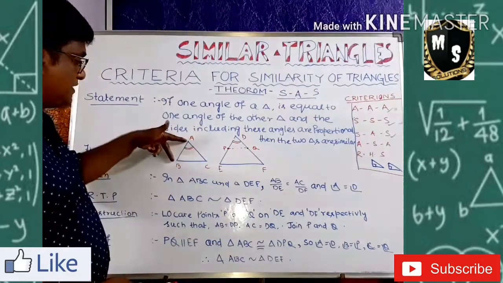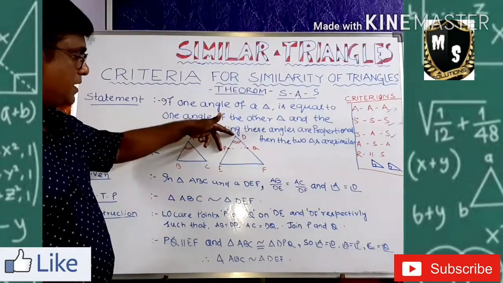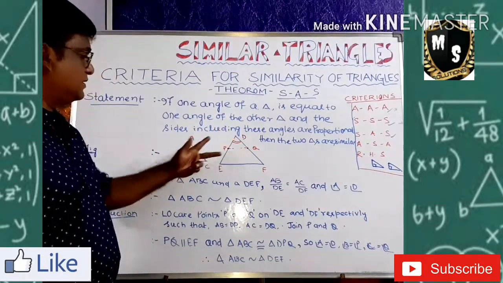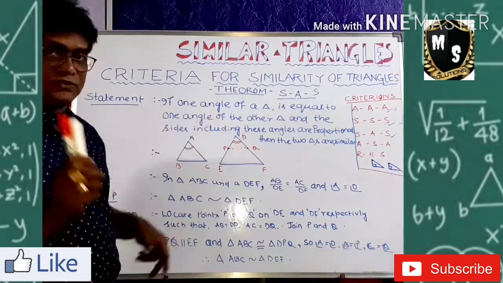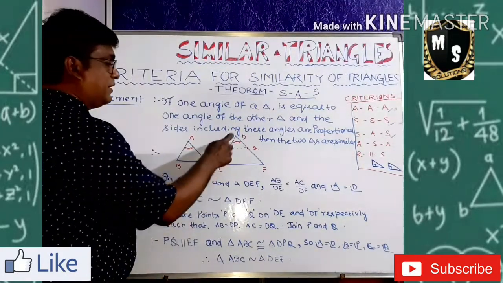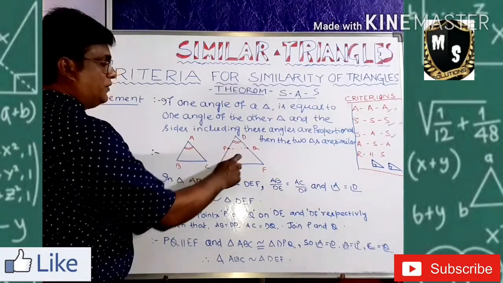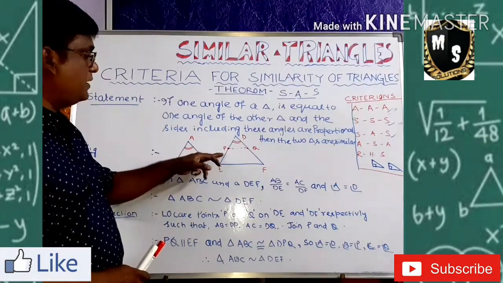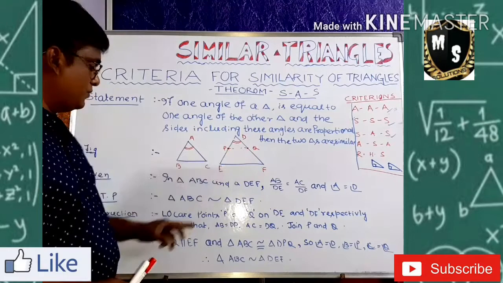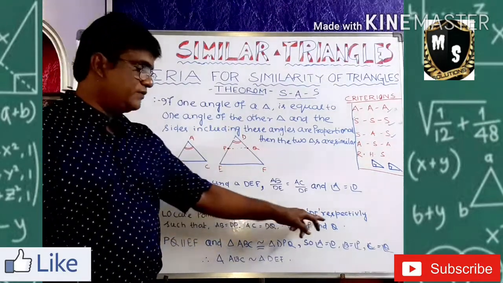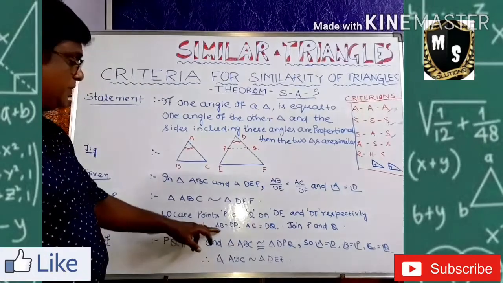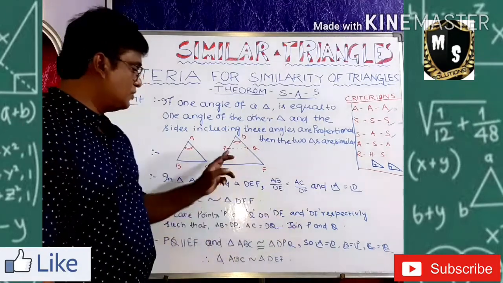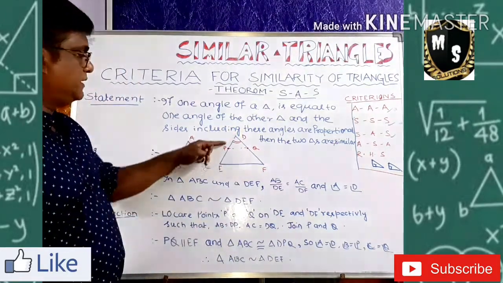Take the AB measurement and cut it from D, and the point is P. And take the AC measurement and cut it from D, that is DQ. So AB is equal to DP and AC is equal to DQ. These two sides are the same. The points on DE and DF are P and Q, so join PQ. On DE is point P and on DF it is point Q. So locate the points P and Q on DE and DF respectively such that AB is equal to DP and AC is equal to DQ, and join PQ. So PQ is joined, and another triangle is also formed, that is DPQ.